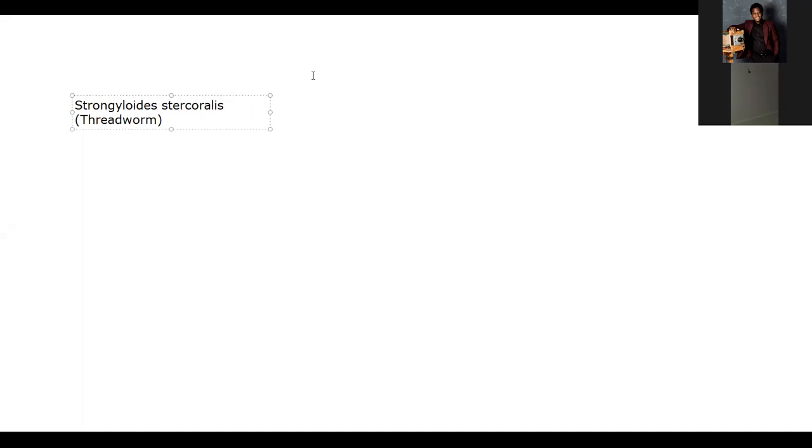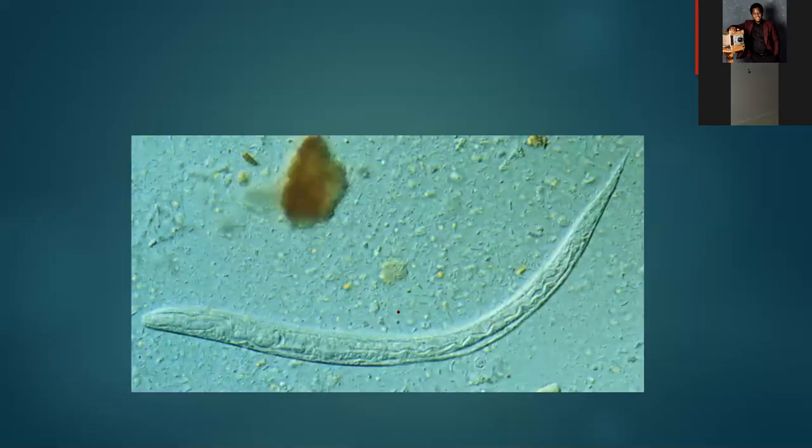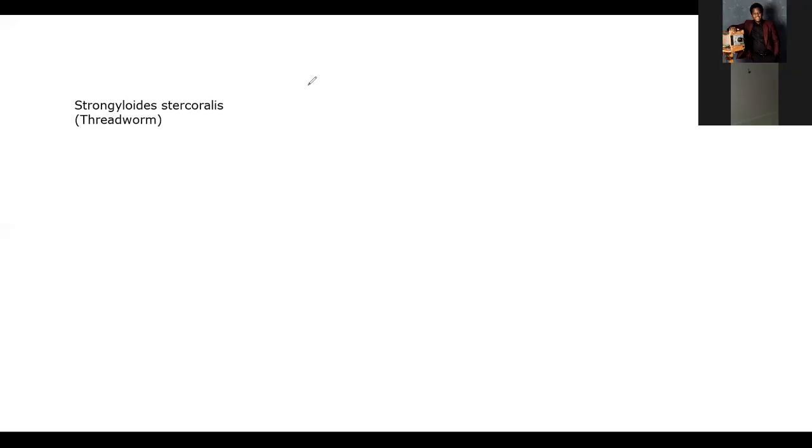Let me show you a picture of Strongyloides. Can you see, doctor? Yes. This refers to the threadworm. Okay? The mode of penetration is through intact skin. So they penetrate through intact skin, and upon penetration, at an early stage, they can